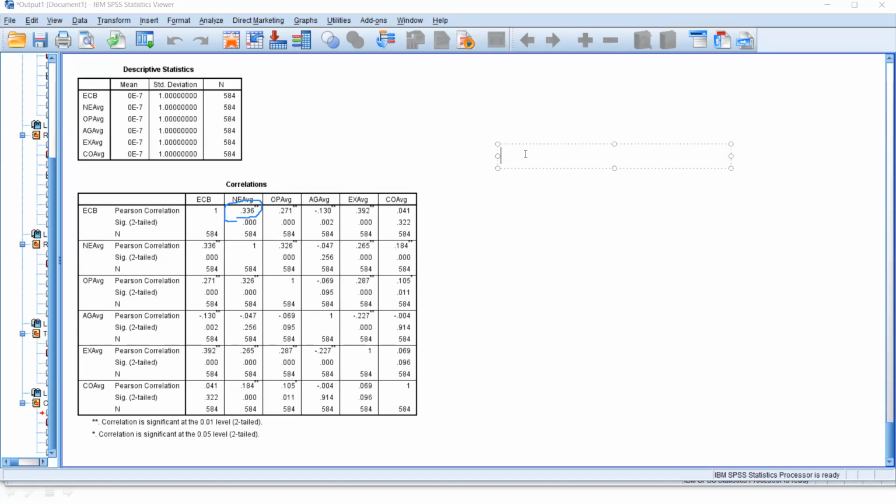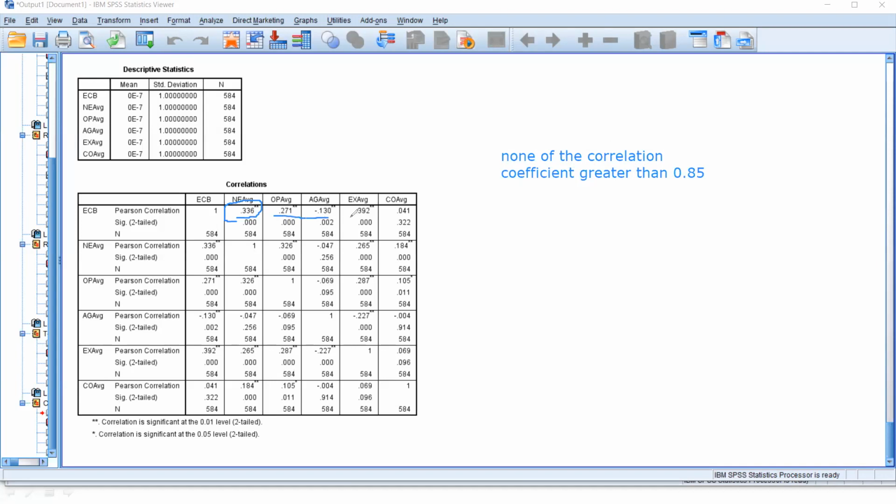Check every correlation coefficient well.